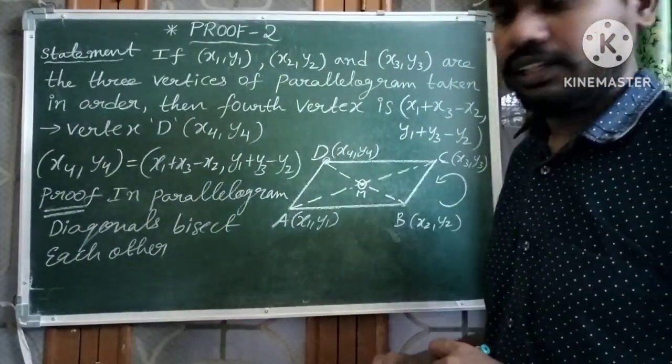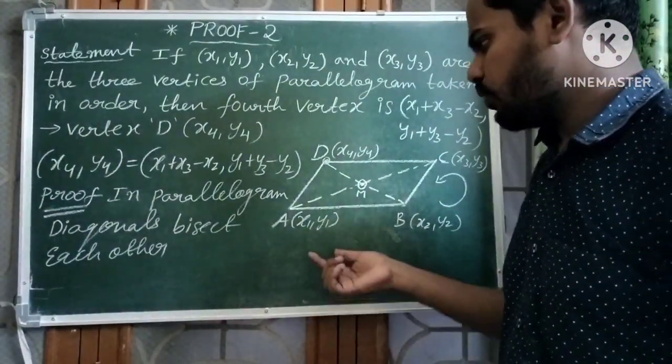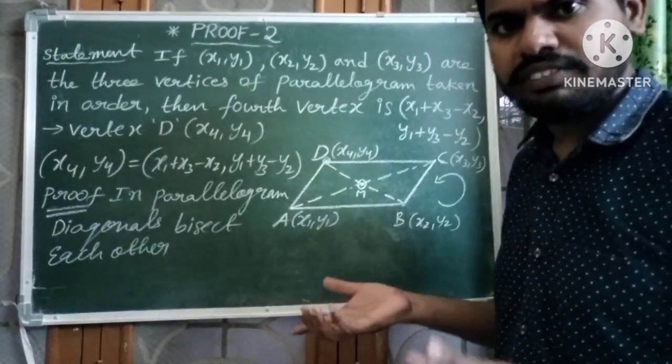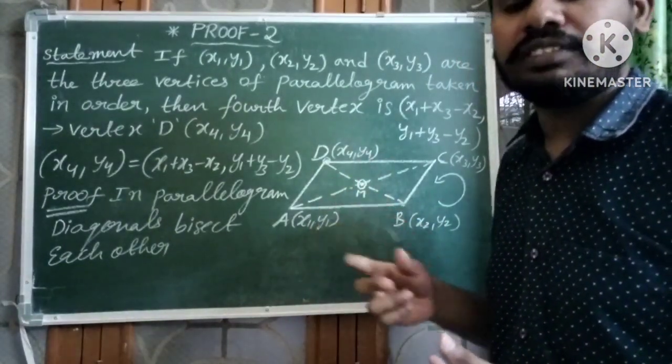Okay? Diagonals bisect each other. So what is meant by diagonal? First of all, what is diagonal? A diagonal is a line segment which connects two opposite vertices